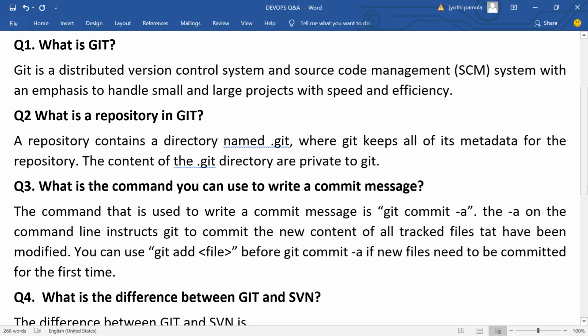Git is a distributed version control system and source code management system with an emphasis on handling small and large projects with speed and efficiency.